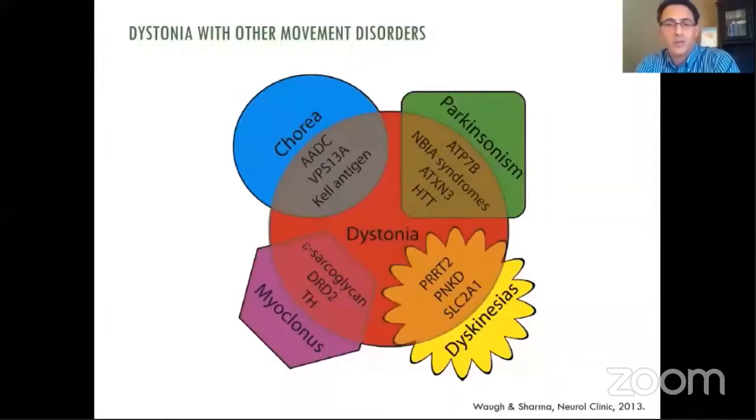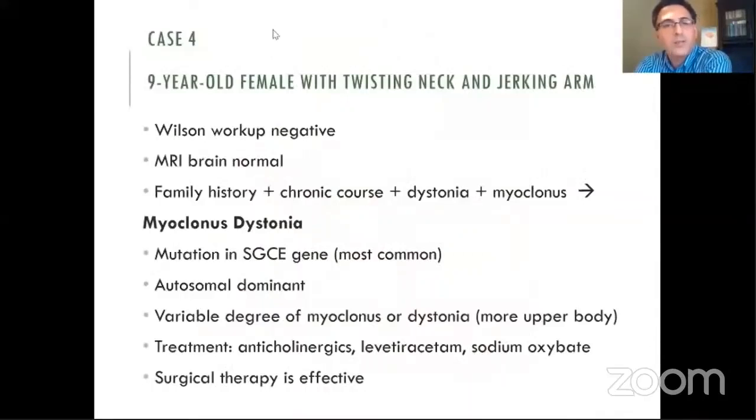For example, if dystonia is present along with myoclonus, it could be dopa-responsive dystonia, but also myoclonus dystonia as a distinct entity associated with alpha-sarcoglycan mutation. In the same way, association with other primary movement disorders can sometimes narrow down the range of the differential. Now, for this 9-year-old patient, a Wilson workup was pursued and was negative, although the age of onset of Wilson usually is in teenage years. But when we see onset of movement disorders in children, we usually look for that, especially if they have dystonia. MRI of the brain was normal, which can help to rule out a number of secondary